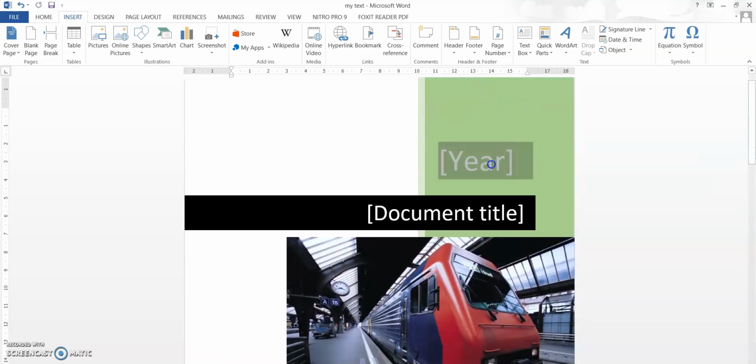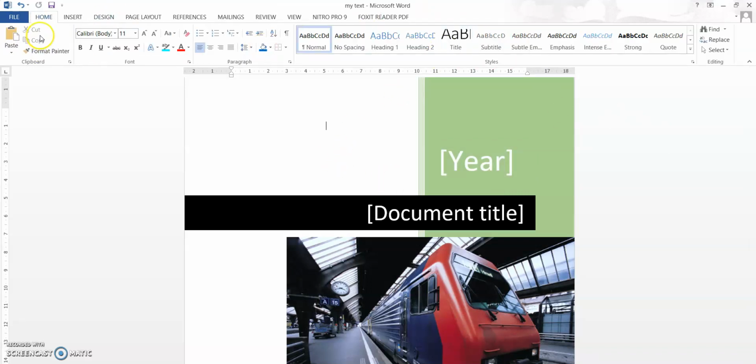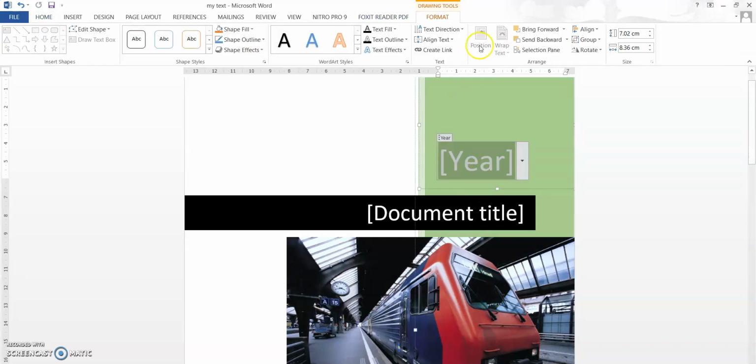In the cover page you also have formatting options. You can write a year. So there is a Format option. I will tell you, see, now we have File, Home, Insert, Design, Page Layout, References, Mailings, Review. But if I select certain things, for example this object, then a Format option comes.